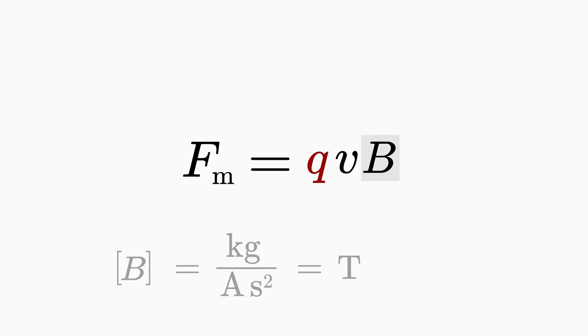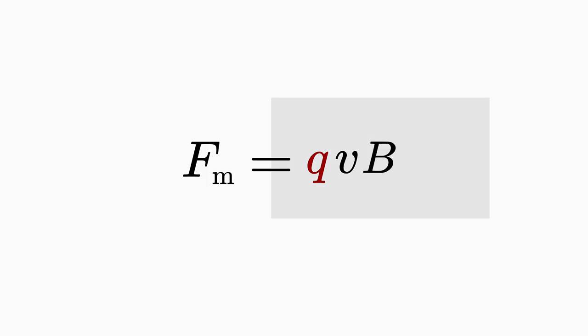and we call B magnetic flux density, or short, magnetic field. The magnetic flux density describes the external magnetic field and thus determines the magnitude of the force on a charged particle. The equation Q times V times B for the magnetic force on a charged particle represents only the magnitude